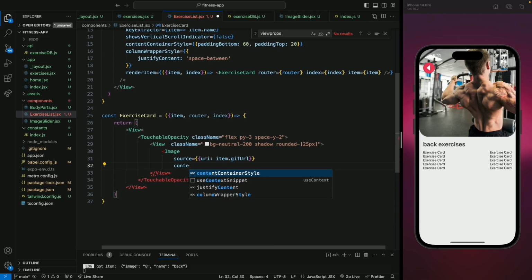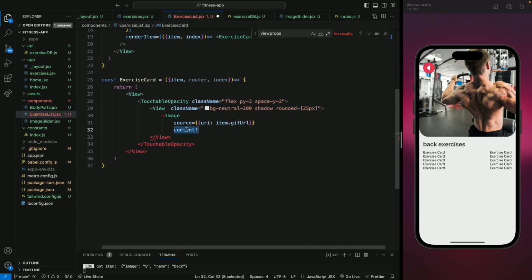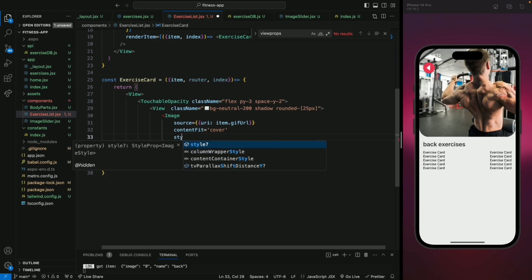Content fit. Why is it not suggesting? Because we have two images. Okay, let's remove this. Let's add the content fit property, that will be cover, and let's use a style for this image, and let's use a width of